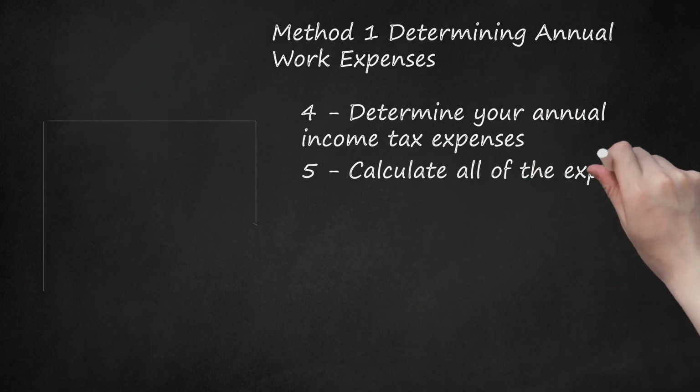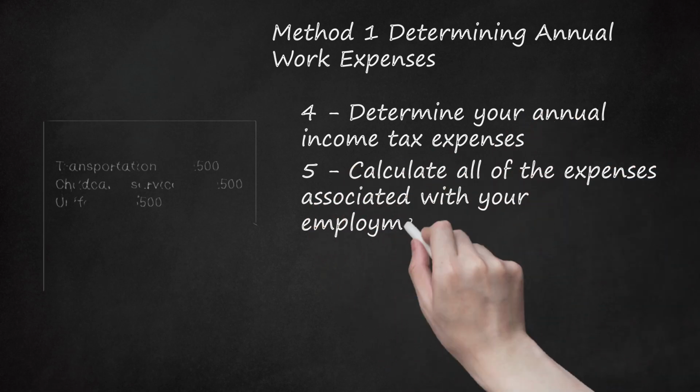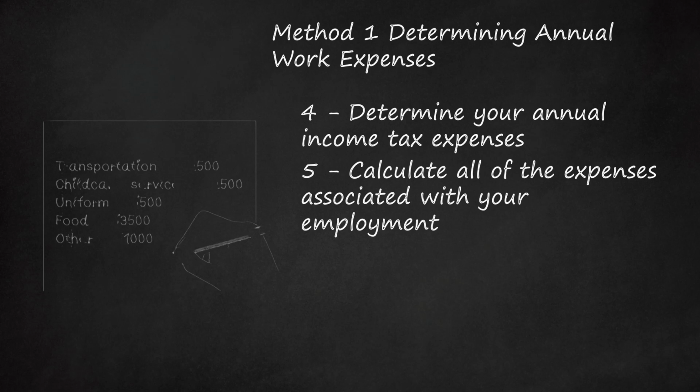5. Calculate all of the expenses associated with your employment. To determine your employment-related expenses, consider the things you spend money on that you would not need to if you didn't work. Major categories include transportation, food, clothing, and childcare. Transportation costs related to traveling to and from work can have a big effect on your real hourly wage. Sit down and estimate how much money you spend each month on gas, public transportation, and other travel-related expenses associated with your job. Multiply these monthly expenses by 12 in order to create a good estimate of your yearly transportation